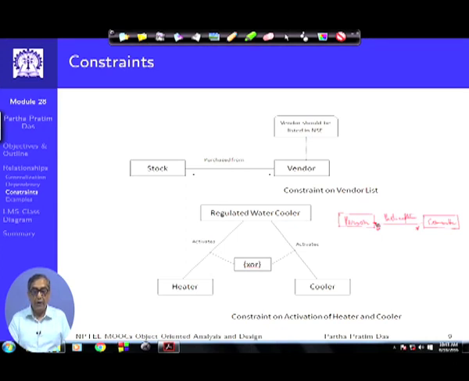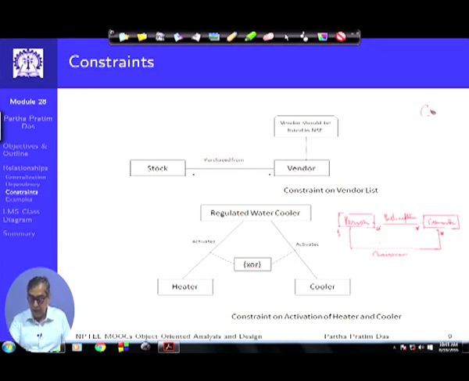Then every committee needs a chairman. So, I can model that: again I have a committee, I have a chairman. My relationship is chairman. Naturally, I would expect that every committee has one chairman, and a person could be chairman of any number of committees, including that a person may not be a chairman at all. Now, if I just model it like this, then it will be quite possible that